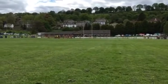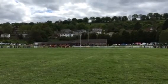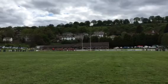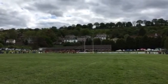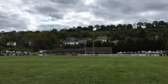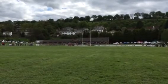Well, this is Keighley here, and this time reporting from Keighley Rugby Club, just outside Keighley, obviously enough. Beautiful ground, very flat, nice weather, pleasant spring summer afternoon, and this is the semi-final of the Yorkshire Shield. I think that's what it's called, and it's between Keighley and Bradford and Bingley, the Bees, and so far the